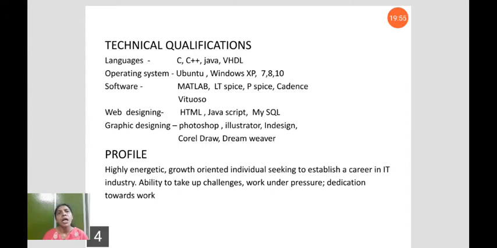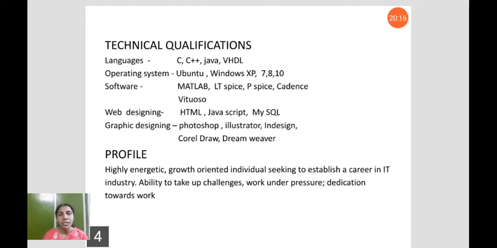So here the candidate has listed all required qualifications for the senior programmer position. So languages,